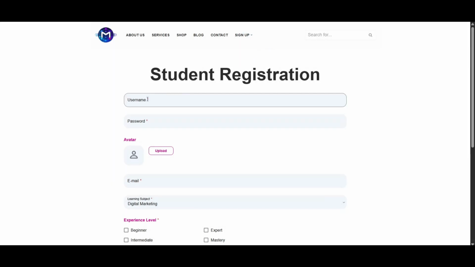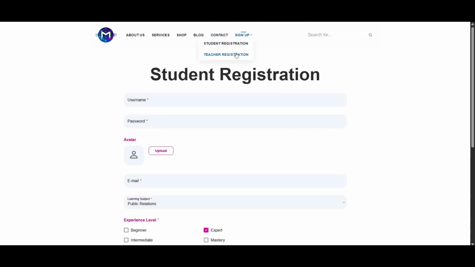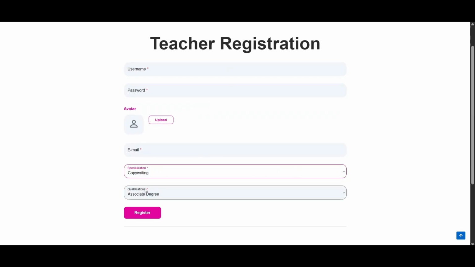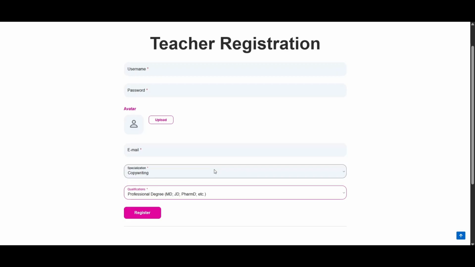Let's get started. Before we jump into the setup, let's quickly talk about why multiple registration forms matter. Many websites collect different user data. For example, a learning platform might ask students about their learning goals or experience level, and teachers about their areas of expertise or qualifications. So instead of using a single complicated registration form, you can create multiple registration forms tailored